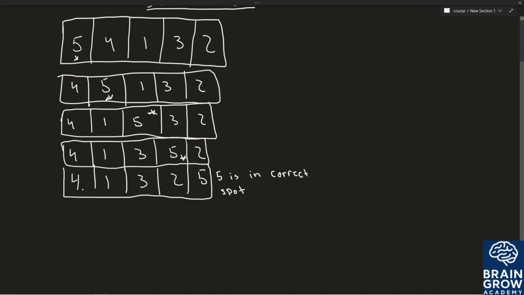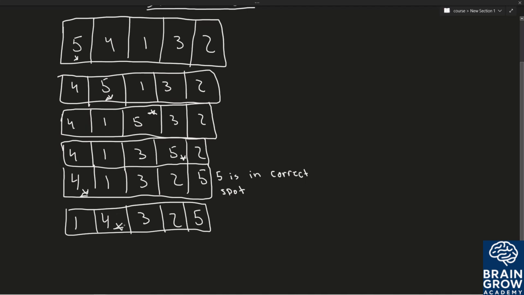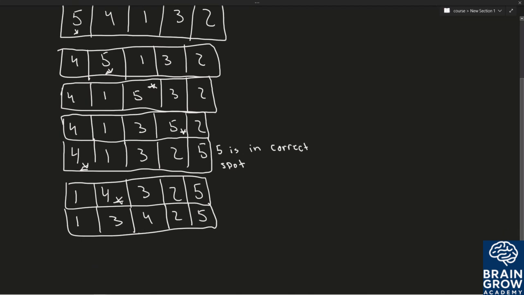So now we're here at 4 and we're going to compare it to 1. So we know that 1 is less than 4, so now we go 1, 4, 3, 2, and 5. We're still at 4, so now we compare 4 and 3, so we have 1, 3, 4, 2, 5. So you're starting to see why this algorithm might not be the most efficient one of all the sorting algorithms